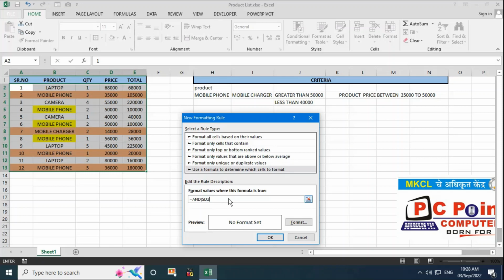My criteria is the product price should lie in between 35,000, so greater than 35,000, comma, again select the price, remove the $ sign, less than 50,000.